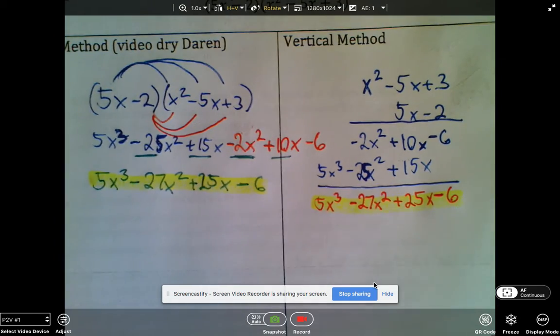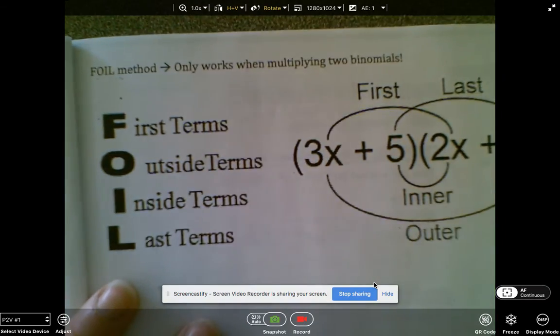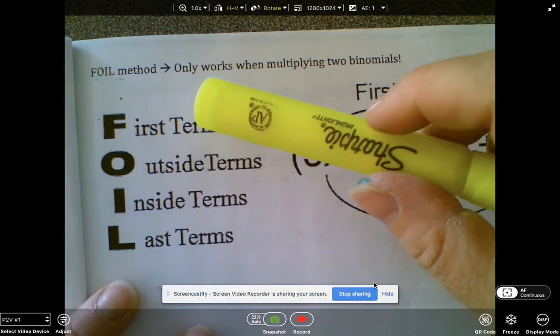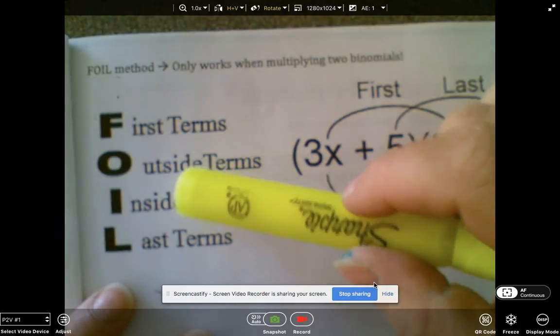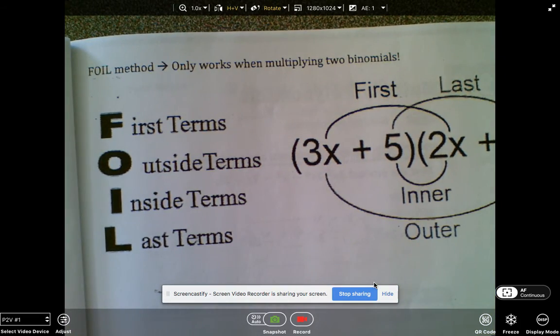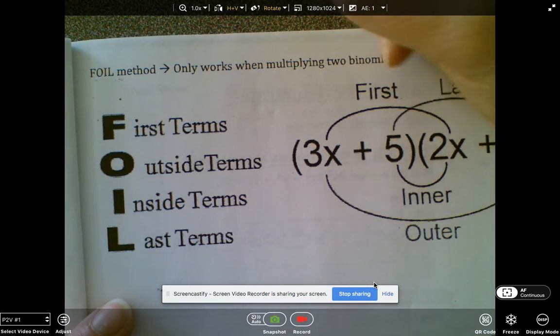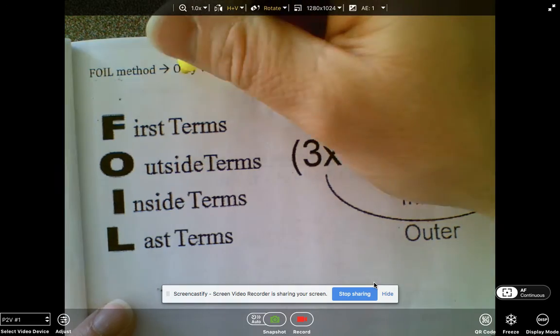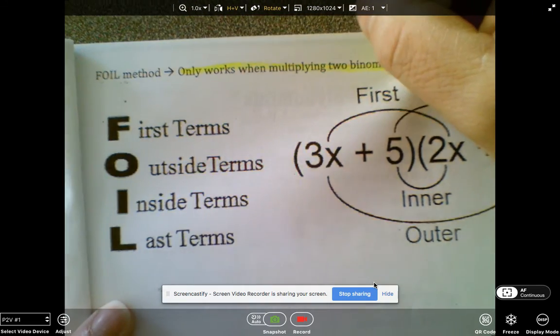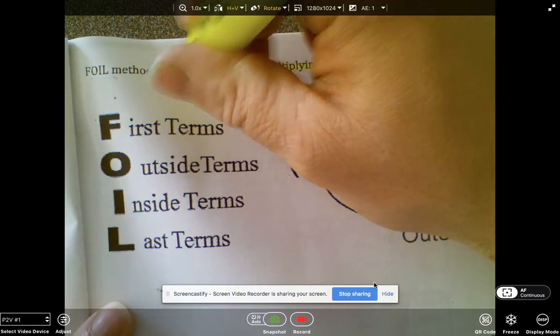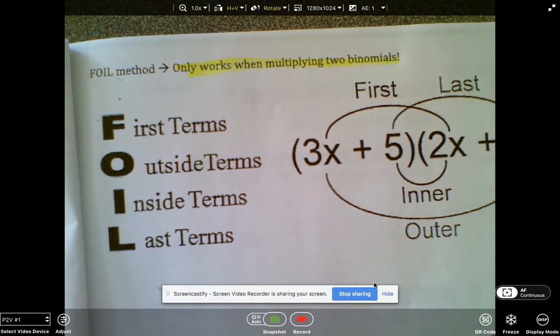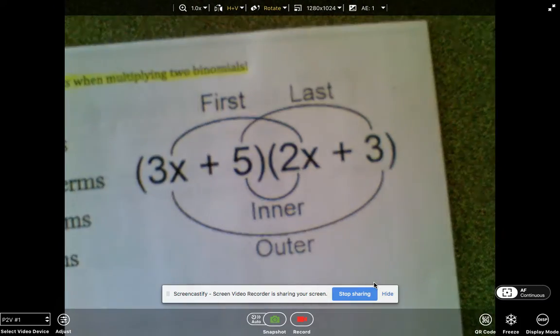All right. The FOIL method. The FOIL method, very famous method that stands for first, outers, inners, last. Now this method is great, it's beautiful, it's fun, but it only works when you're multiplying two binomials. All right. So if you look at the example here, okay,